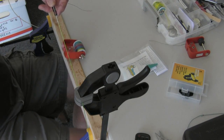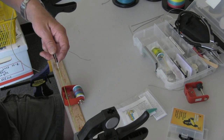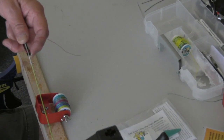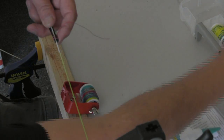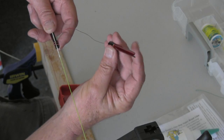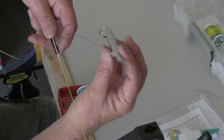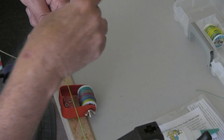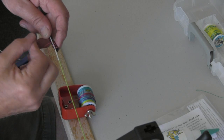Let's see if we can get this camera angled right to show what I'm trying to do. First off, I want to put down a nail knot, one of the more useful knots you can learn to make yourself. For this, I use a little tool I made up. This is part of an old rod that I notched. You can get commercial tools. This one's from Orvis for making nail knots, or you could use simply a nail or a soda straw. I'm going to give it 4 wraps,